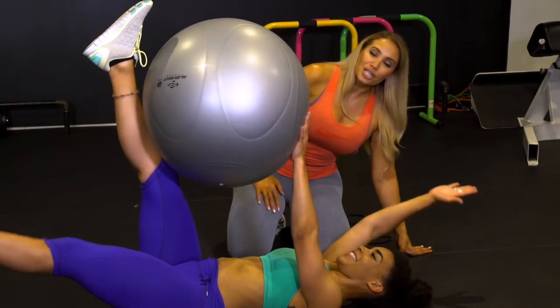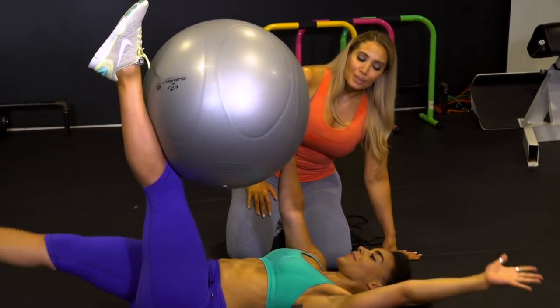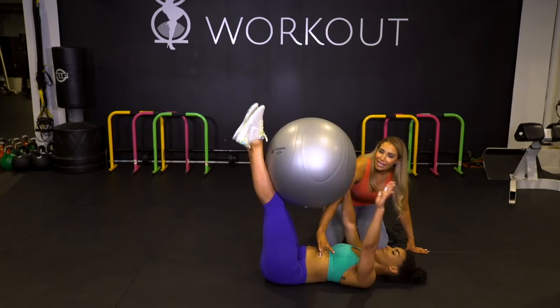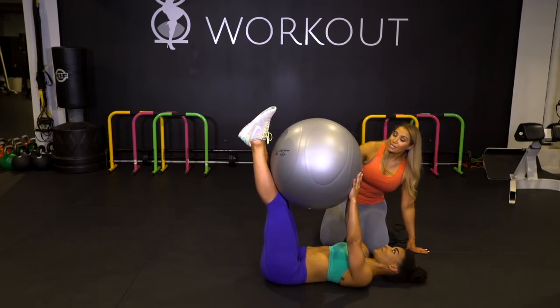And now she's going to switch, bring everything up, hold, and then bring the opposite hand and opposite leg down. Now focusing through, we call it powerhouse in Pilates. She's gonna push through her hand and foot and bring the opposite hand and leg up. Now if your lower back does not like this, or you don't have the flexibility to get there, what you